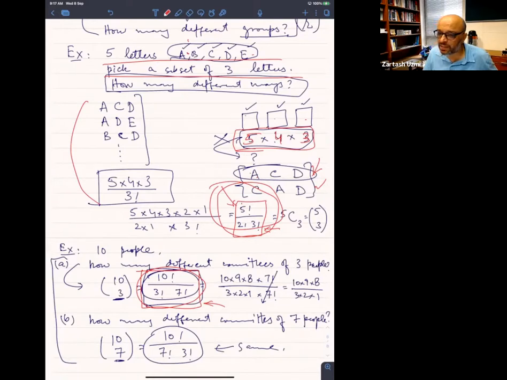वेज में आप ACD को अरेंज कर सकते हैं, वो हमने ऊपर देखा था परम्यूटेशंस में कि 3 फैक्टोरियल वेज में अरेंज कर सकते हैं। तो मुझे इसको 3 फैक्टोरियल से डिवाइड करना पड़ता है। तो फिर यहाँ पे हमने इसको 5, 4, 3 को कंप्लीट किया था, और कंप्लीट करने के बाद हमने देखा कि ये 5 फैक्टोरियल डिवाइडेड बाय 2 फैक्टोरियल 3 फैक्टोरियल आ गया।